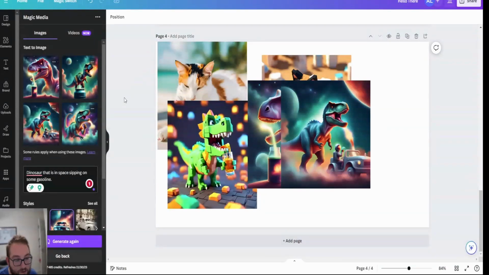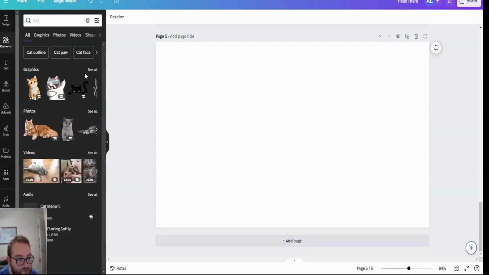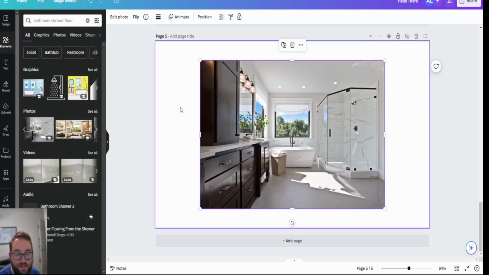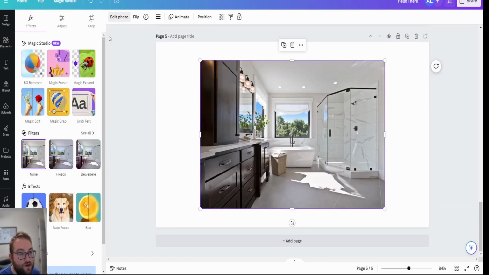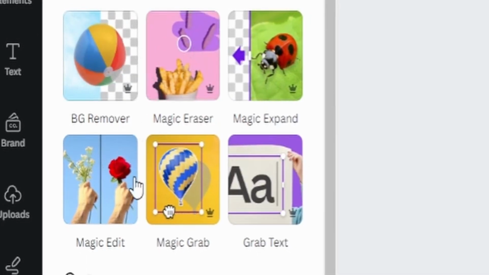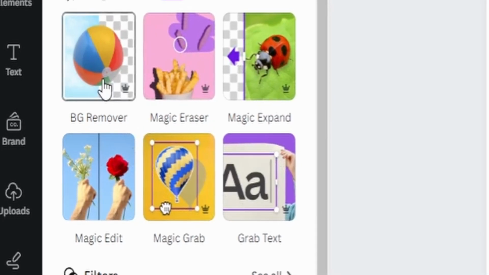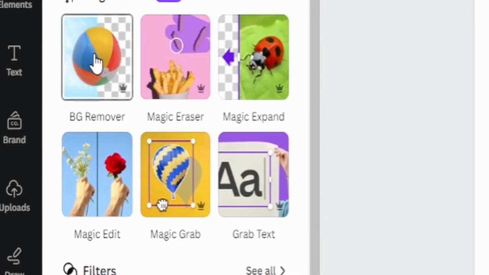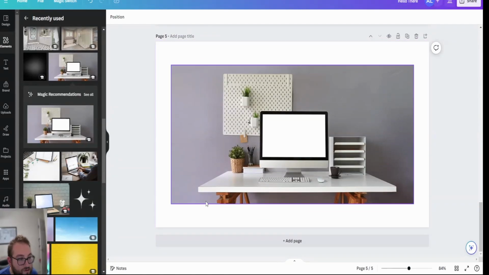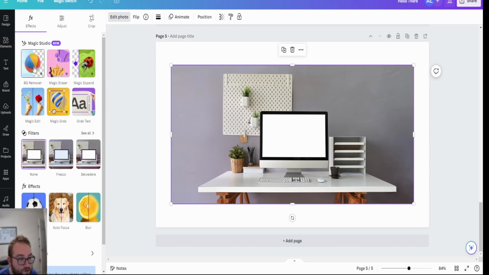The next set of tools that I want to show you comes from the Magic Studio itself. Let's say I have this image. I can go in here and now I can choose from any of these 6 things from the Magic Studio. These are all AI generated. So let's come in here and click background remover. Let's do this with a more clear image. So what I'm going to do is I'm going to click it, click edit photo, click background remover, and it